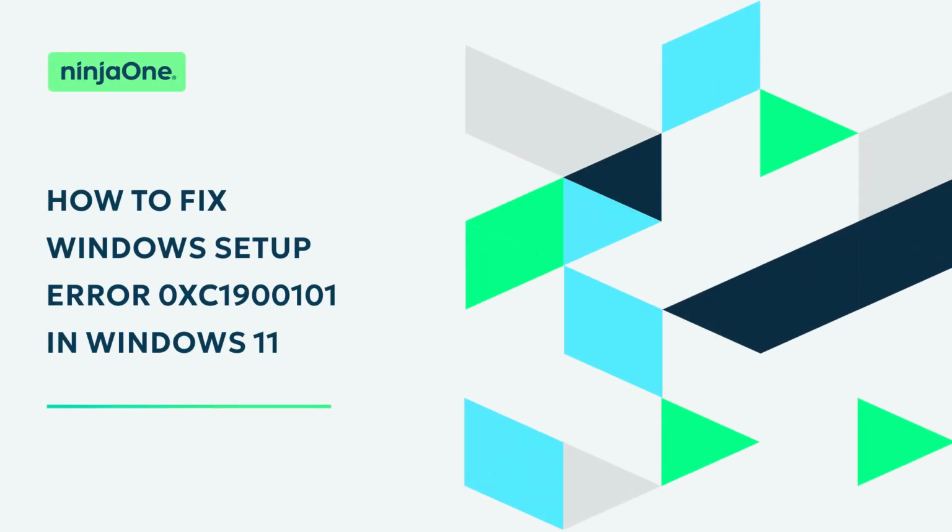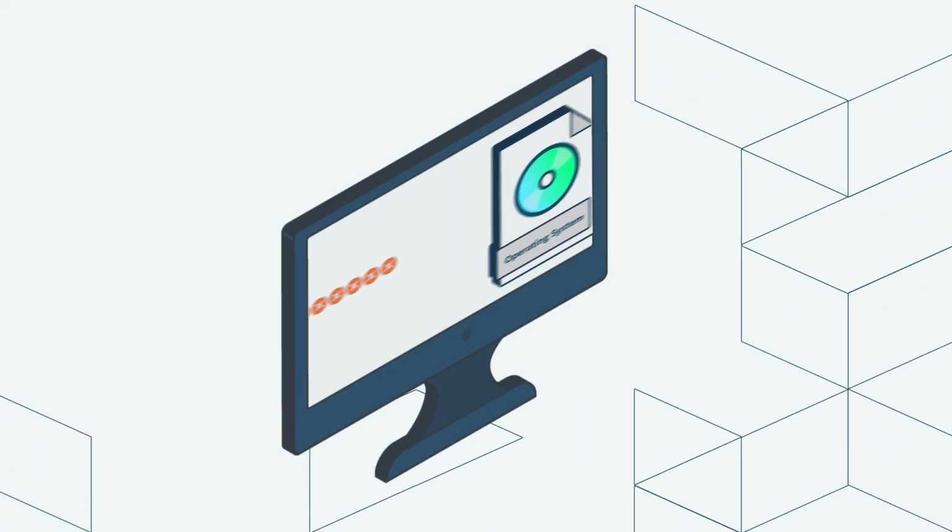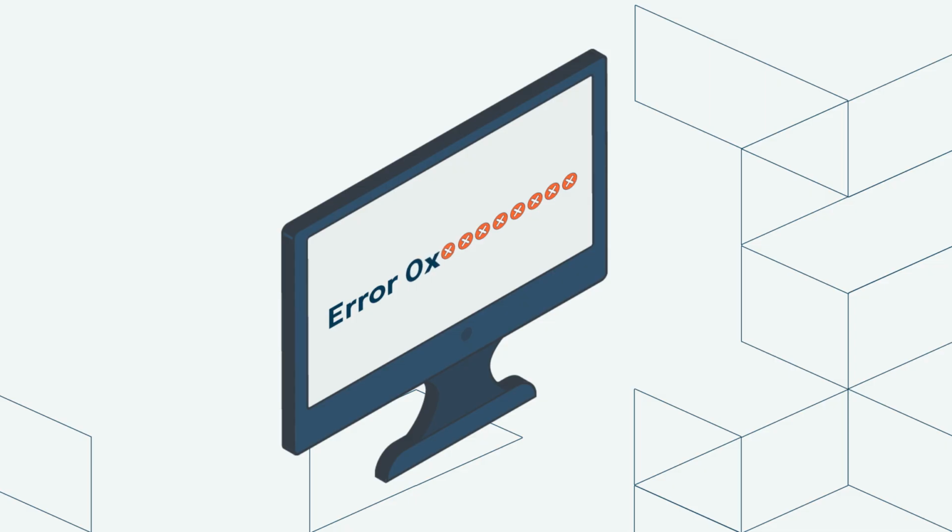How to fix Windows setup error 0xC1900101 in Windows 11. Don't let errors stop you from updating your OS. Here's how you can fix Windows setup error